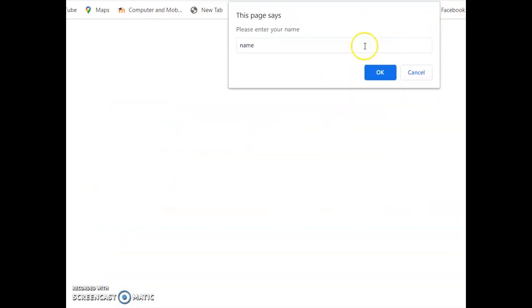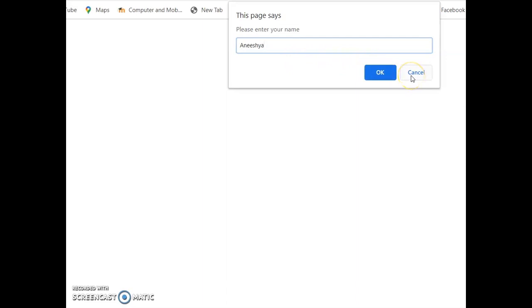This is our prompt box. "Please enter your name." This is the string that we gave in the syntax, and I can write a name. Here I am writing. Okay, now we can press either OK or Cancel.